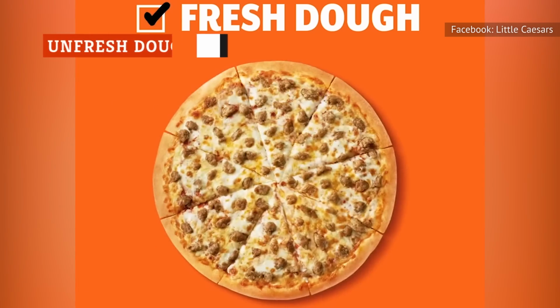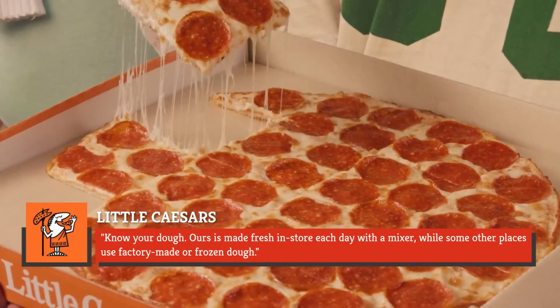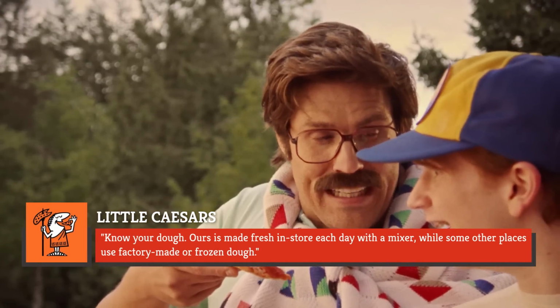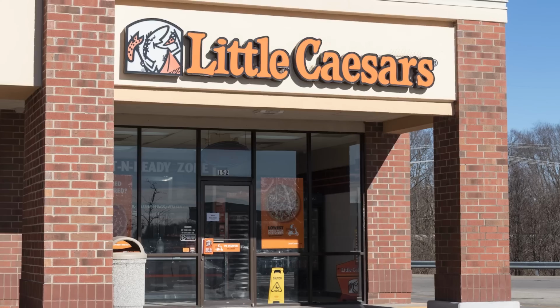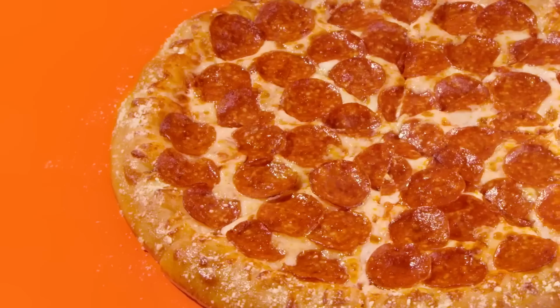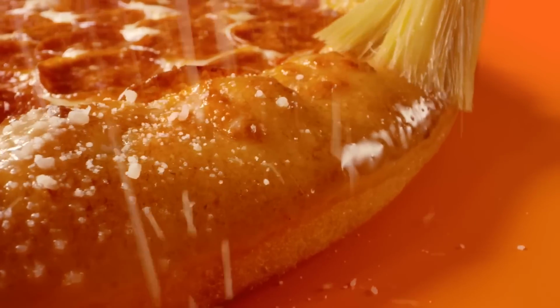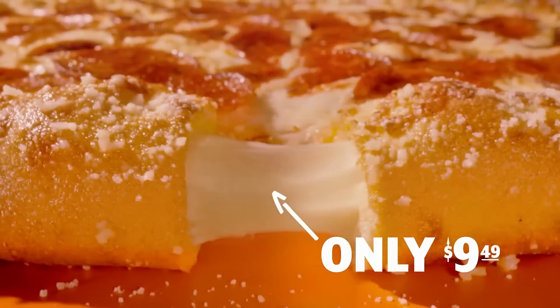As the chain claimed on a Facebook post in 2013, "Know your dough. Ours is made fresh in store each day with a mixer, while some other places use factory-made or frozen dough." A freshly mixed base is an undeniably attractive quality in a pizza, but we're not totally convinced that this claim from Little Caesars rings true all the time, as the internet is littered with conflicting testimony from employees that casts